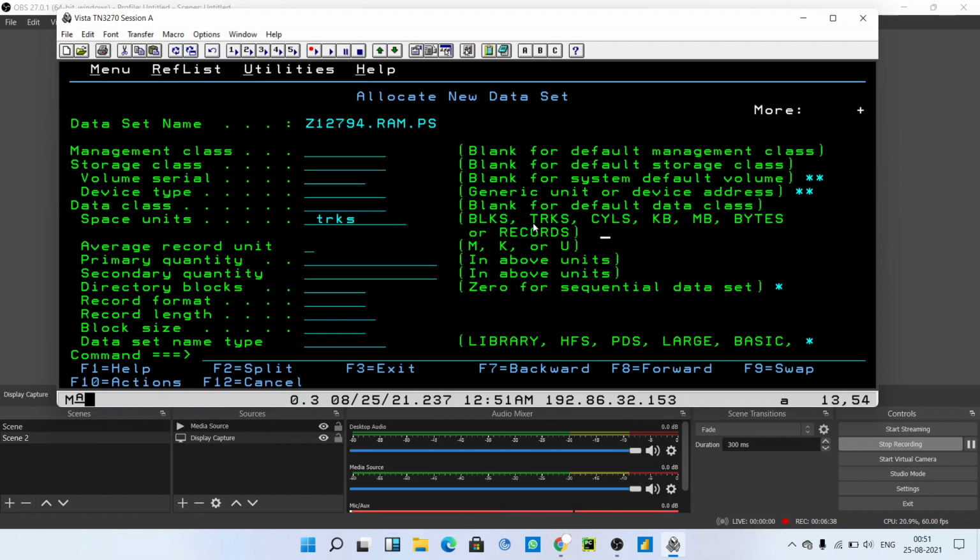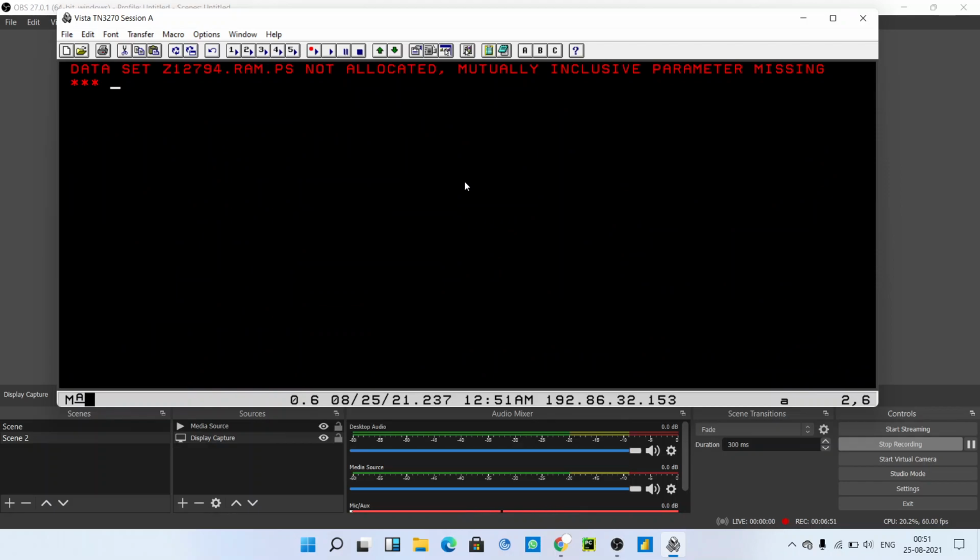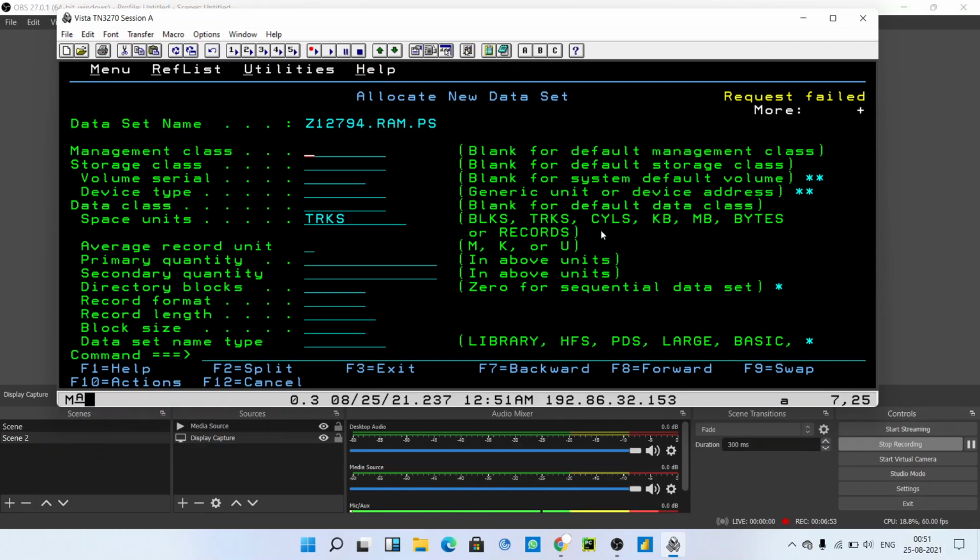But in industrial practice they mostly use tracks or cylinders. A cylinder is quite a big size, and since we are in training, we do not need to use cylinder as a space unit. So for our purpose we are going to use trks.